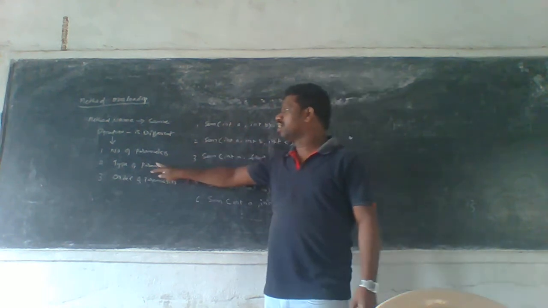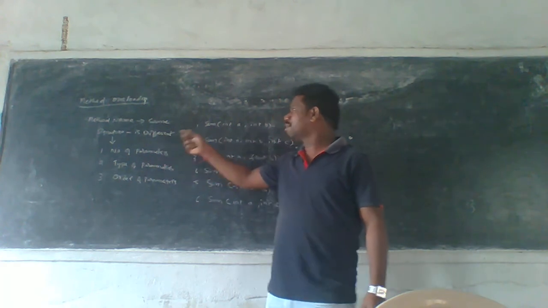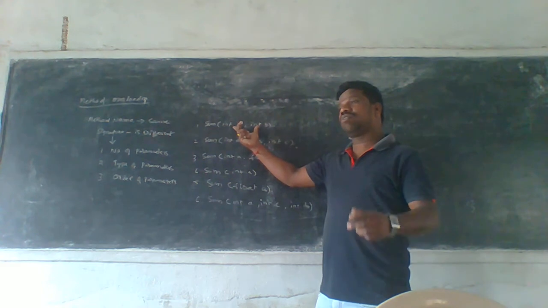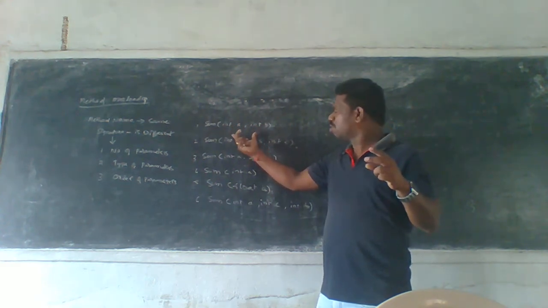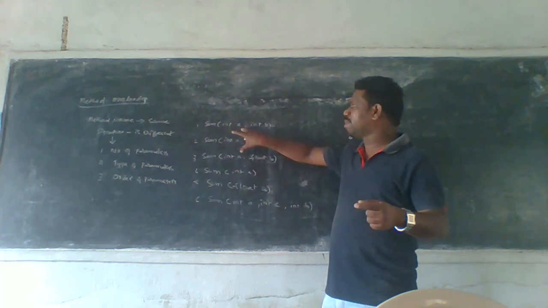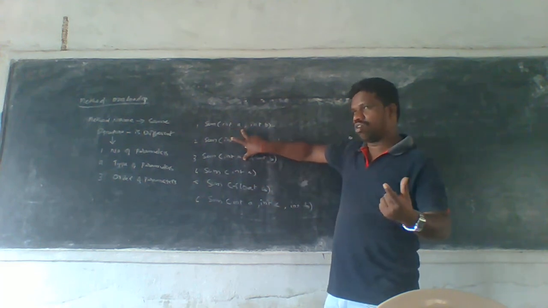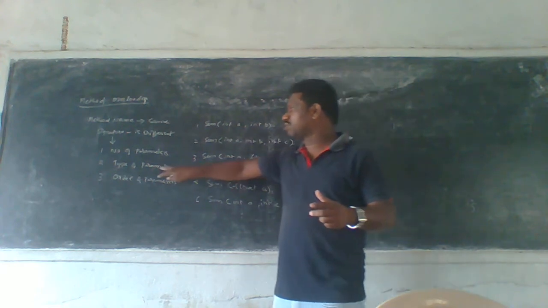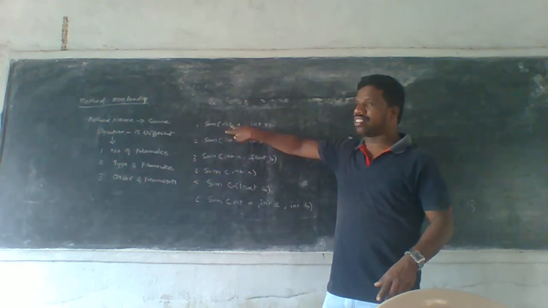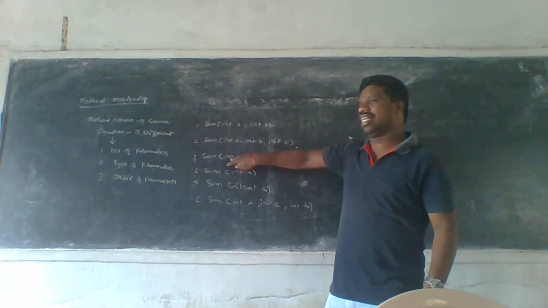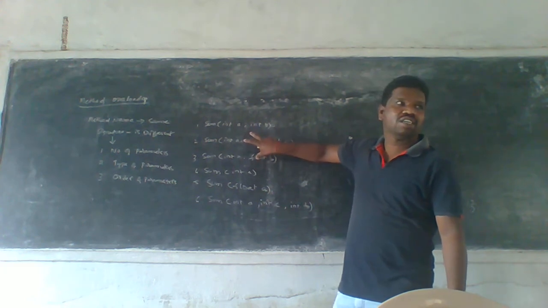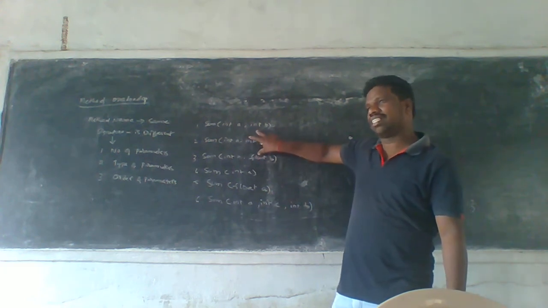What does signature mean here? Signature means the number of parameters. For example, here I am using two parameters, int a, int b, and here also two parameters. But these parameters are different because of the second point, type of parameters. These two are integer, but these two are int and float. That's why these two are different. So the signature is different, hence it is accepted.